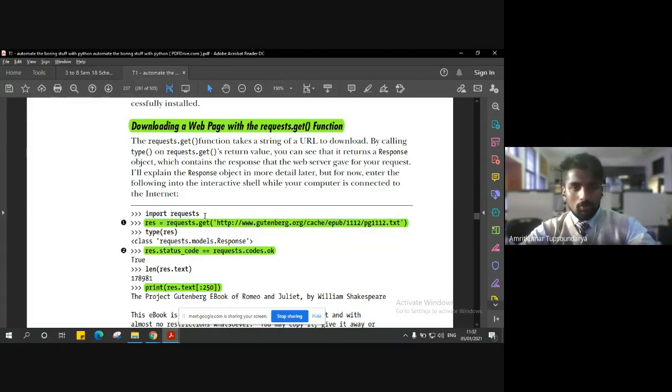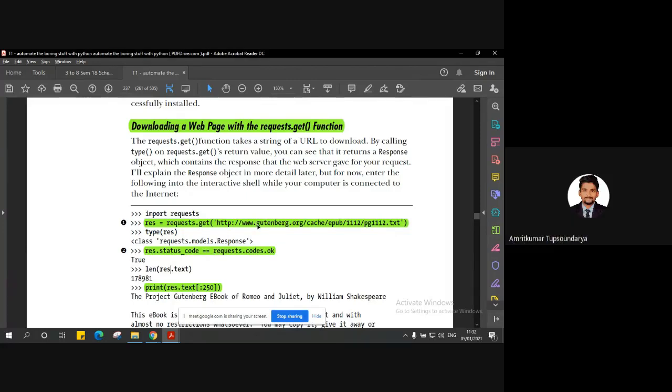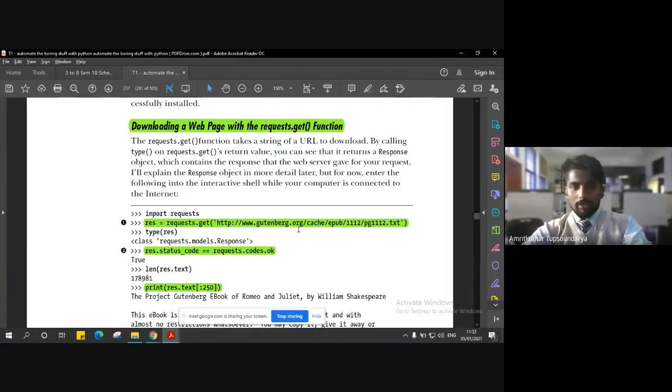Okay, so yeah, this is the res.txt file, which I have created as well as copied the content which I have extracted from this particular website.